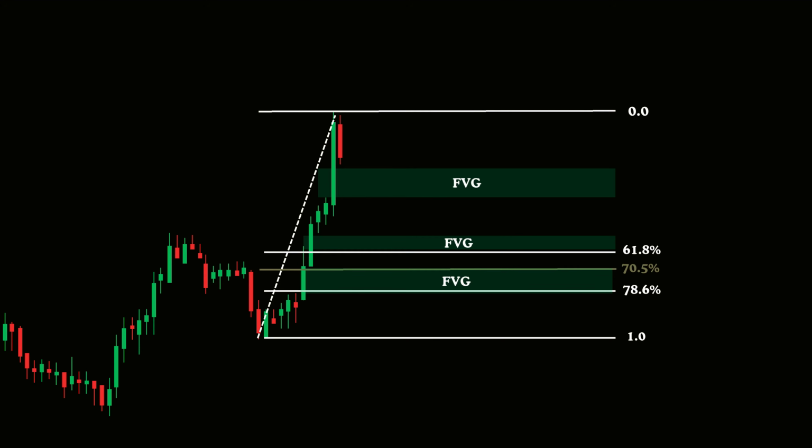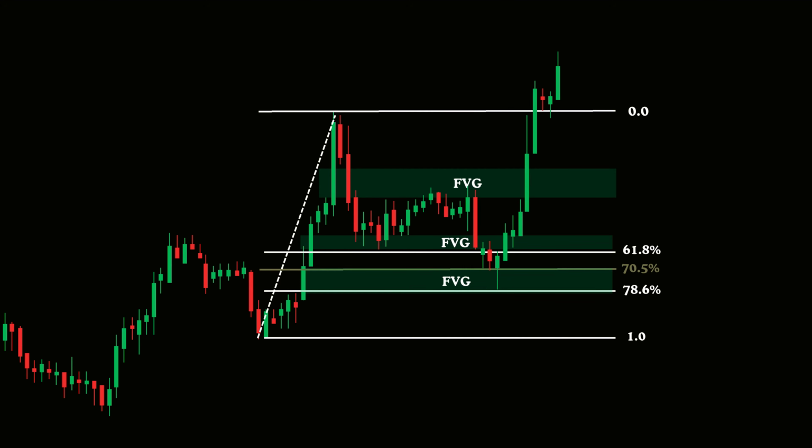when price pulls back. However, a more risk-averse strategy would be to wait for a deeper retracement into the lower fair value gap, typically the third one, as this is less likely to be a trap setup. Why? Because the initial gaps might serve as liquidity pools drawing in early buyers before reversing to the real entry zone, this deeper level gives the market a chance to shake out weak hands and build momentum before continuing the trend